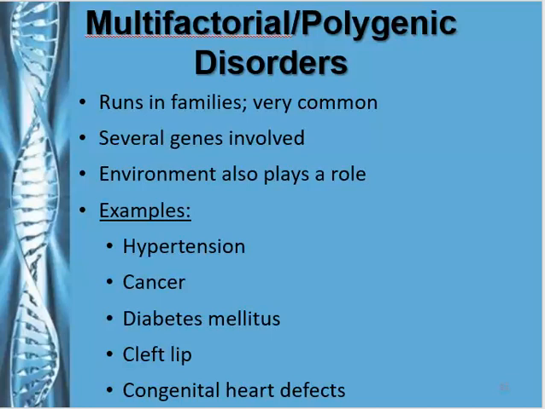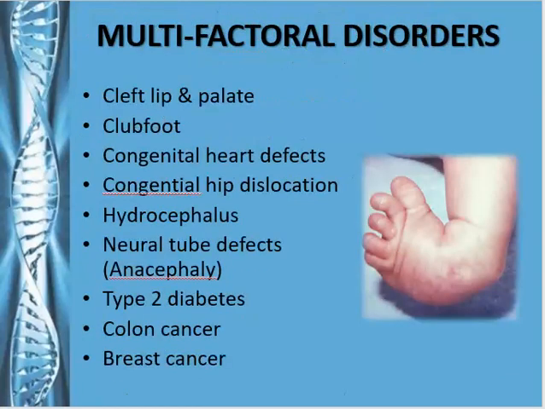Okay, other types of disorders are multifactorial or polygenic disorders. So these are things that run in the family. These are things where genes load the gun and environment pulls the trigger. Hypertension, various types of cancer, diabetes, congenital heart defects all fall into this category. So club foot, cleft palate, heart defects, anencephaly, hydrocephaly,